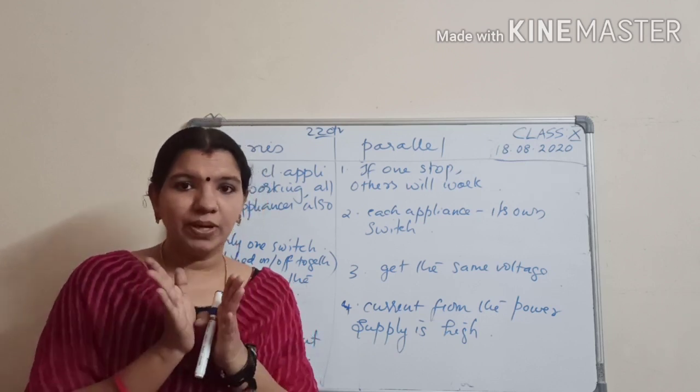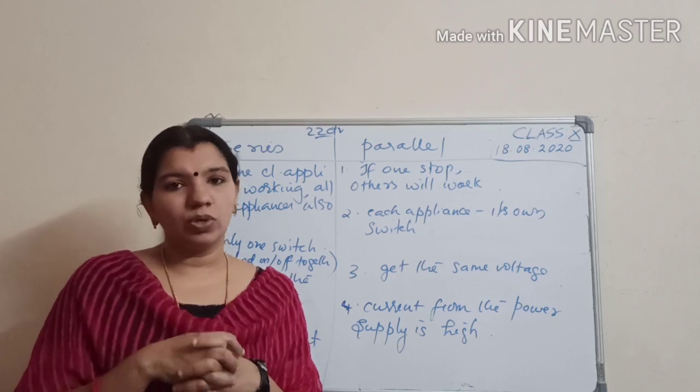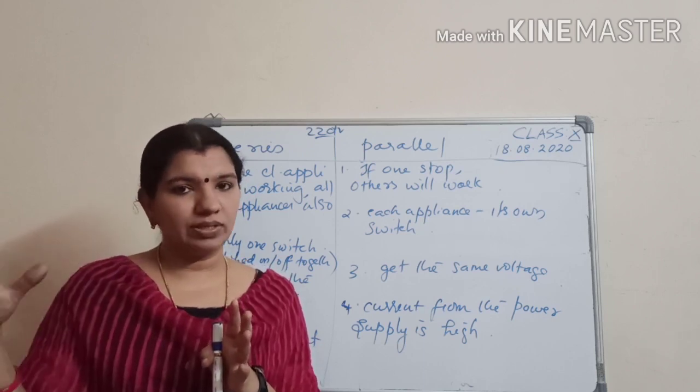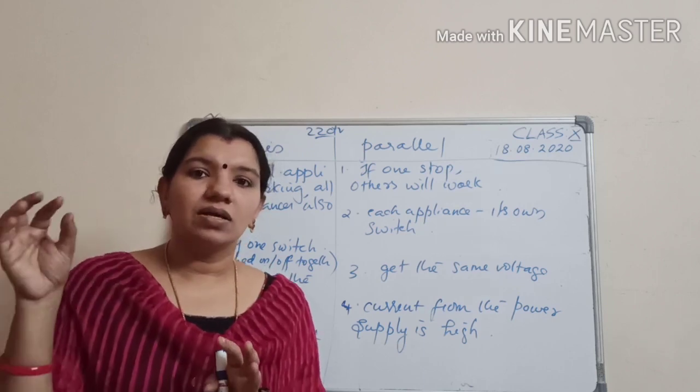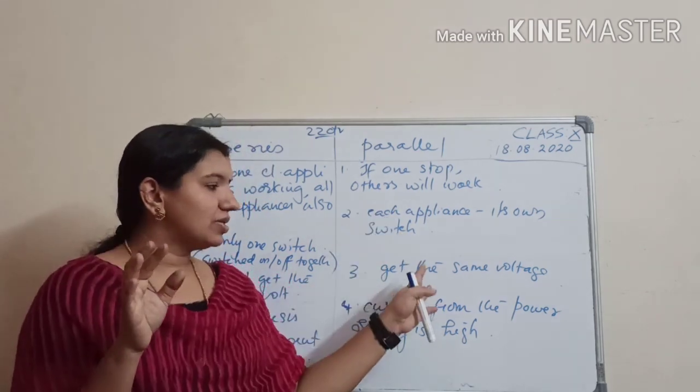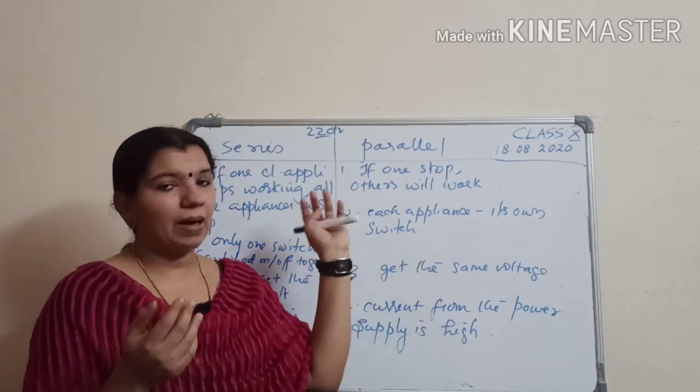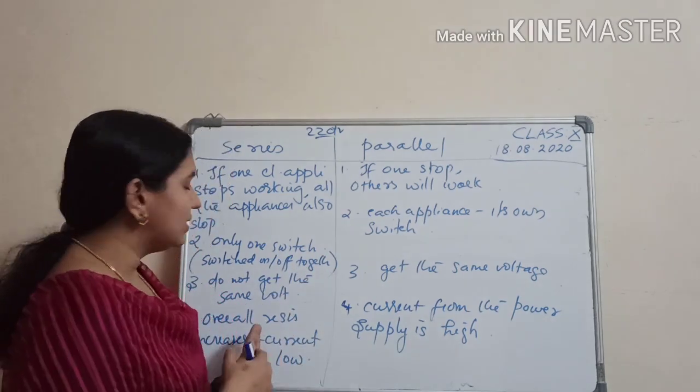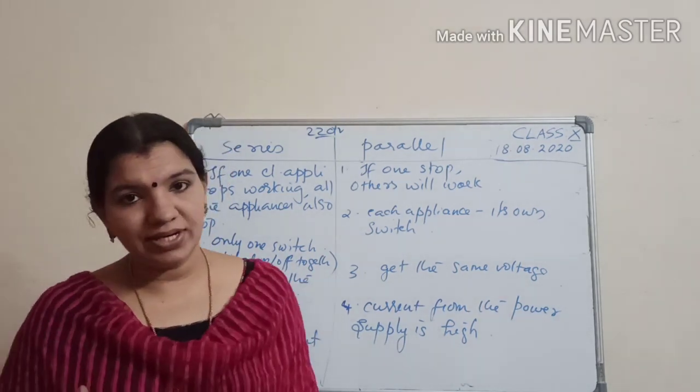So voltage should be proper. To get proper voltage, that means an equal amount of voltage should be given to all appliances. So for such a purpose, which connection is more advantageous? It is parallel connection. Now the fourth point is, you know that in the case of series combination,